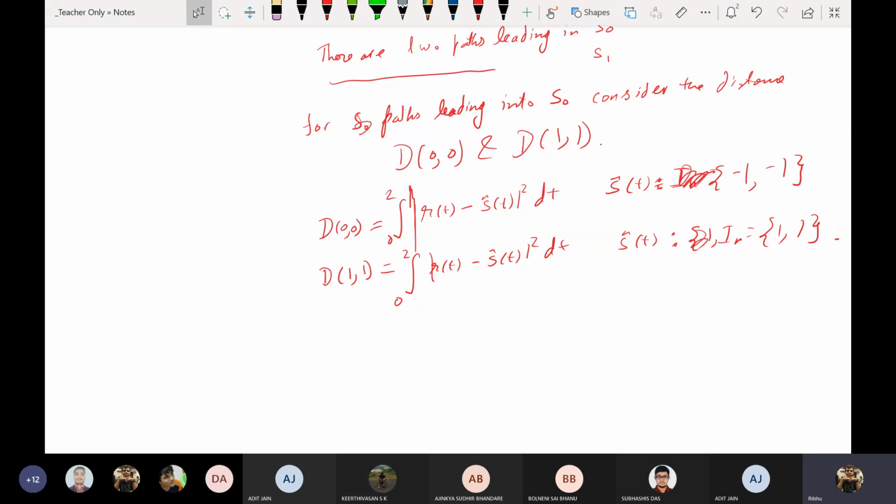So you have this now. Thankfully enough, one of these will be small and one of these will be large. Agreed? One of these will be bigger than the other. Yes, sir. These being equal is a zero probability event, since these are continuous random variables. Yeah. So one of these will definitely be bigger.